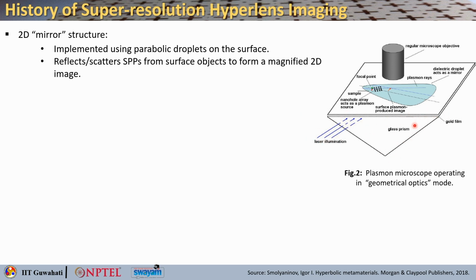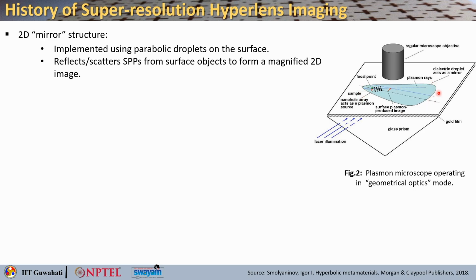It will have a glass prism at the bottom. So, you can send light through the glass prism that will excite surface plasmon at the metal dielectric interface. This is the gold film, and this is the dielectric or the glass prism. This light basically acts as a source of the surface plasmon, which is emitted in all directions. Upon interaction with the sample that is positioned near the focal point of this parabolically shaped dielectric droplet,